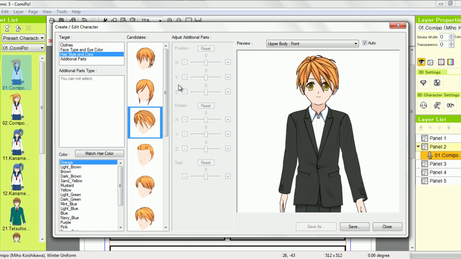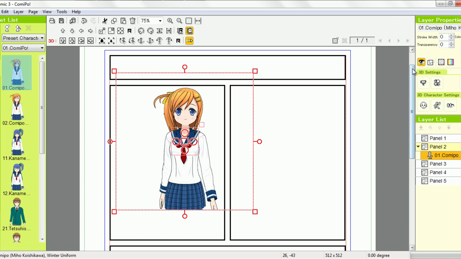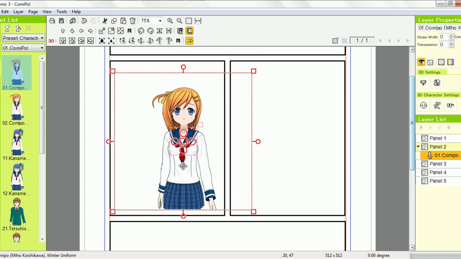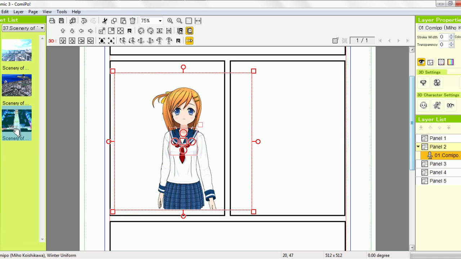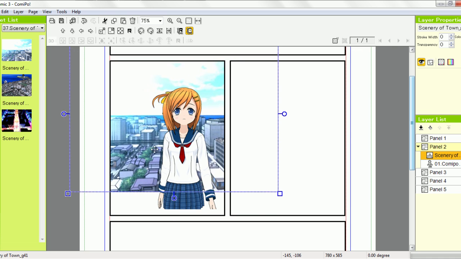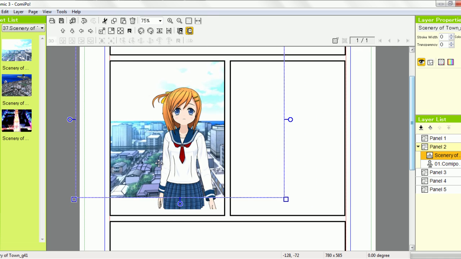That's the character creation. Now, if you have a character here, and you want to add an image to the background, obviously. So, here, I'm already set on scenery. And let's make this look weird and put her on top of like a city. So you drag the image in and there it is. It's in the background, add it to wherever you want, add her here,